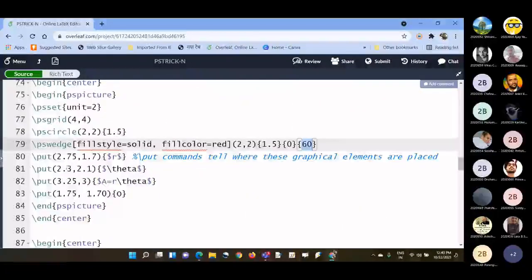Okay, and then we are putting r and theta, so we are giving coordinate. Simply you can give the coordinate, and you can put whatever you feel like you can write. At this point you are writing r, so you need to think and decide where you want to keep.